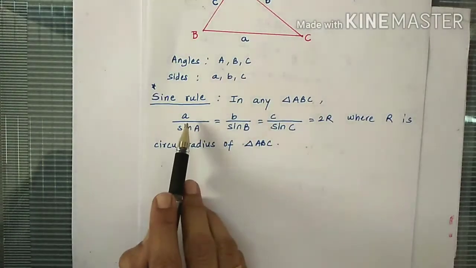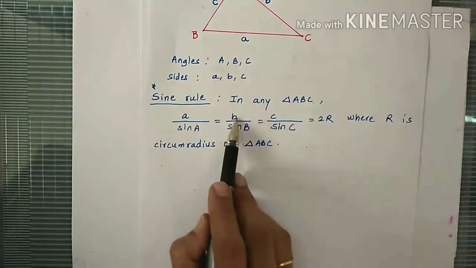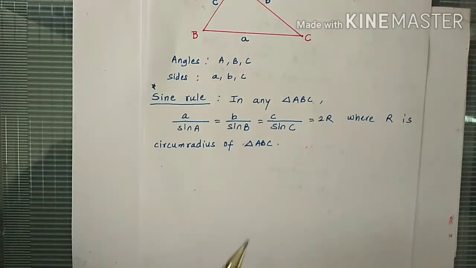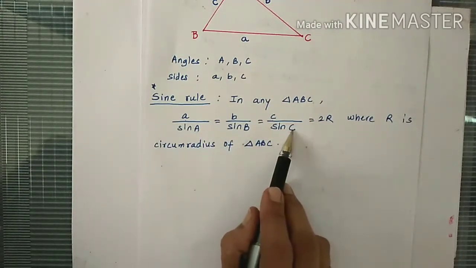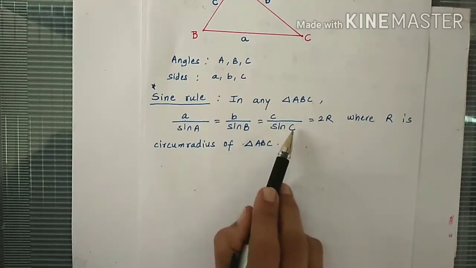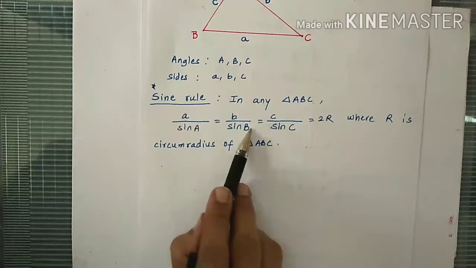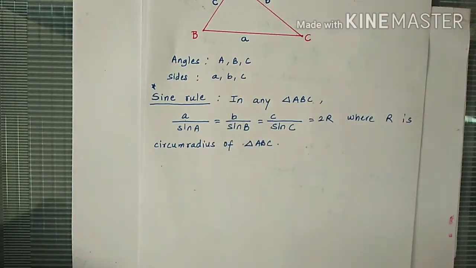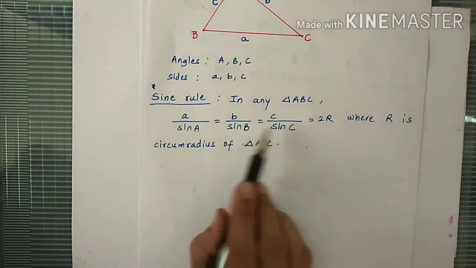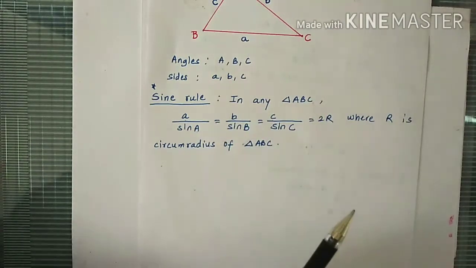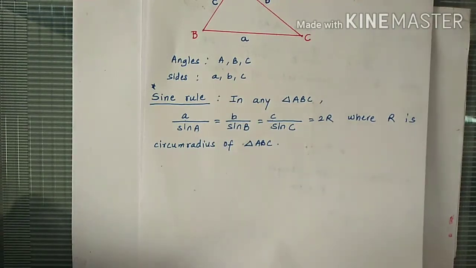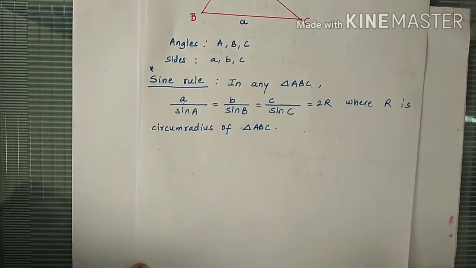See here, in the numerators we have small letters a, b and c. That means these are sides. And in the denominator we have capital letters A, B and C. See, while writing C also I have written here small letter and this one is little bigger. So it is capital C. So these are angles here. Okay. So a by sine A equal to b by sine B equal to c by sine C. This is also sine rule neglecting 2R. But here we are mentioning the value of the ratio. It is twice R, where R is circumradius of triangle ABC.